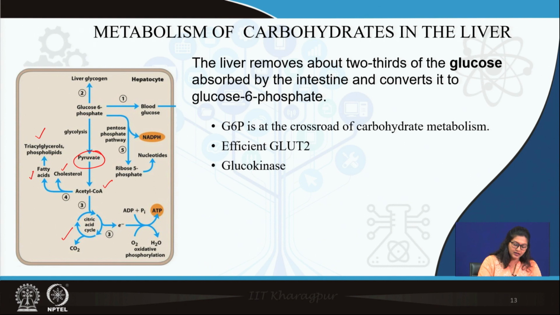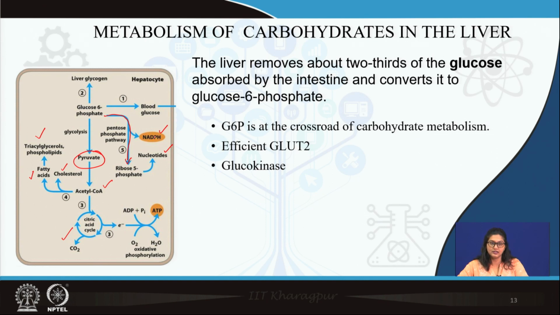Glucose 6-phosphate can also undergo other minor pathways like the pentose phosphate pathway to form ribose 5-phosphate, which can be utilized for nucleotides, as well as NADPH formation, which is one important reducing agent, important for reductive biosynthesis of different biomolecules like cholesterol and fatty acids,